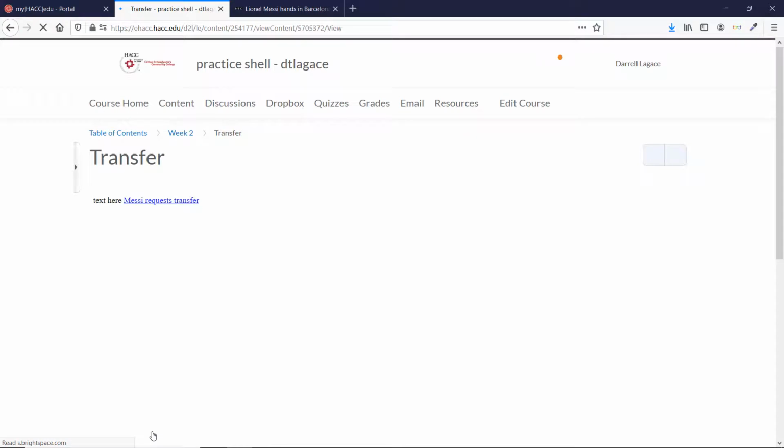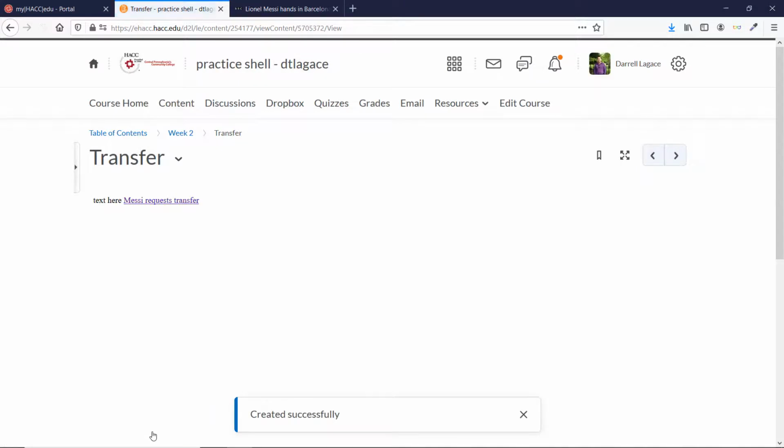Two more quick tips. Don't use click here as your descriptive text. A screen reader will say link, click here, which won't be useful. You also don't need to say link in the beginning of your descriptive text. Screen readers already say link at the beginning of any hyperlink, so using link to article about Messi will actually make a screen reader say link twice at the beginning.